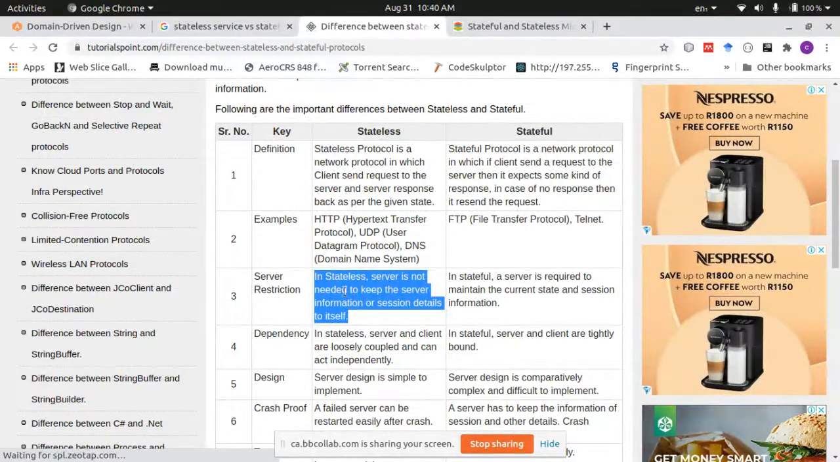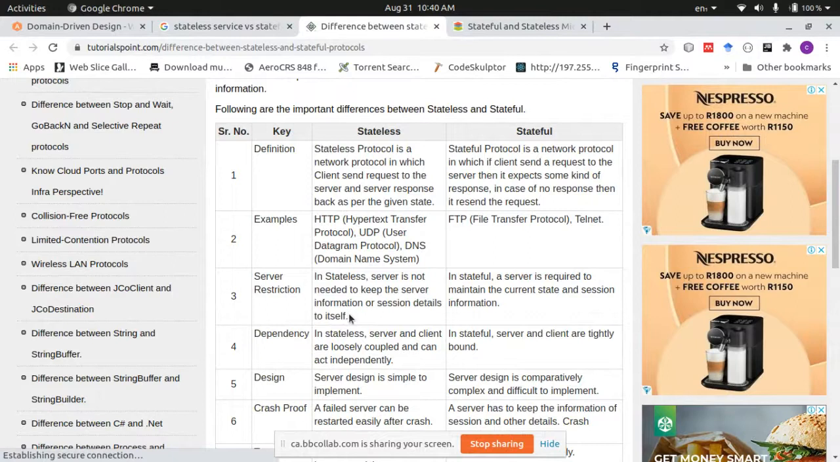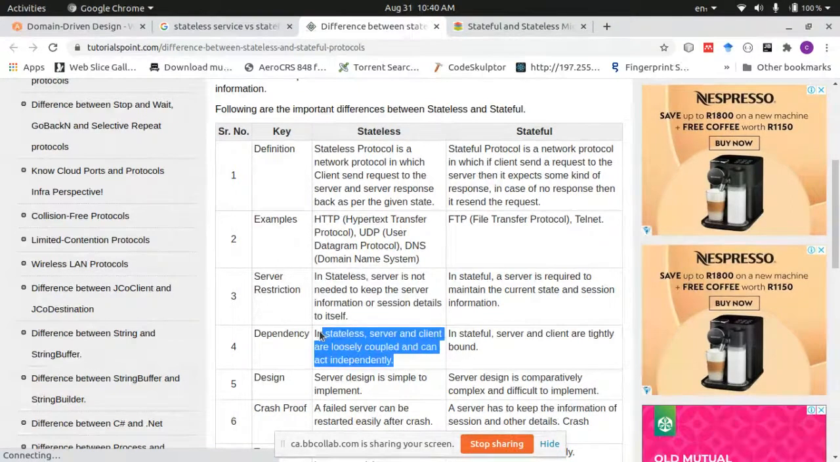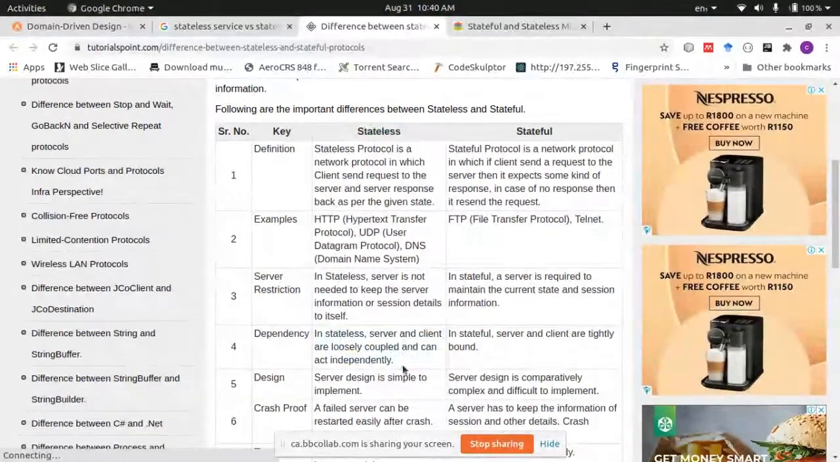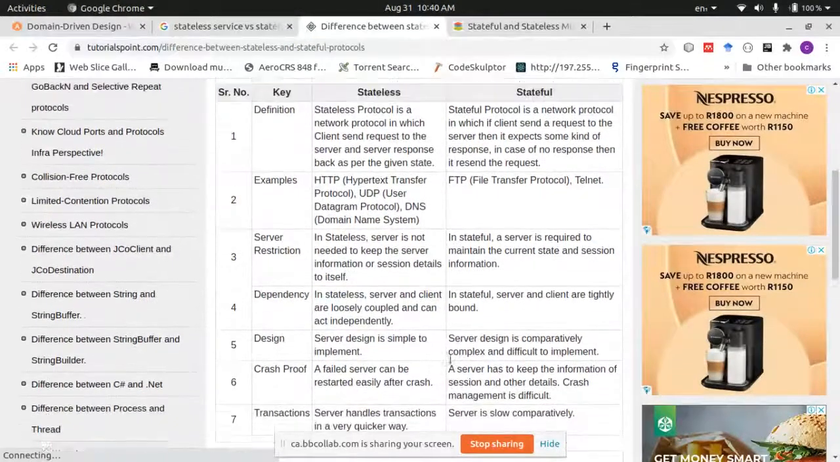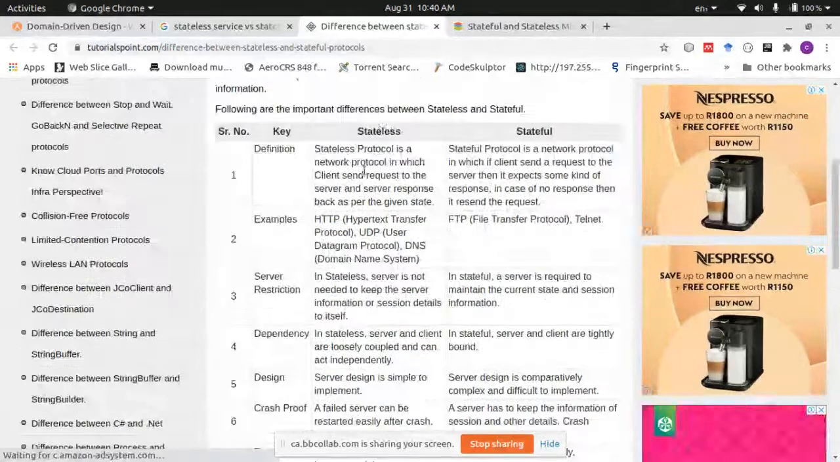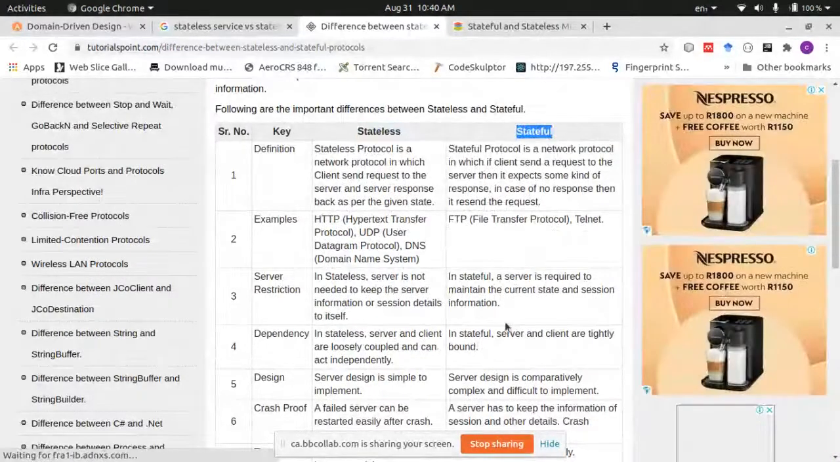In stateless, the server does not need to keep the server information or session details to itself. That's the important thing. And in stateless, server and client are loosely coupled and can act independently. We're trying to achieve the highest form of abstraction, and that's why we need stateless services. So I hope you understand what stateless and stateful mean. In summary,